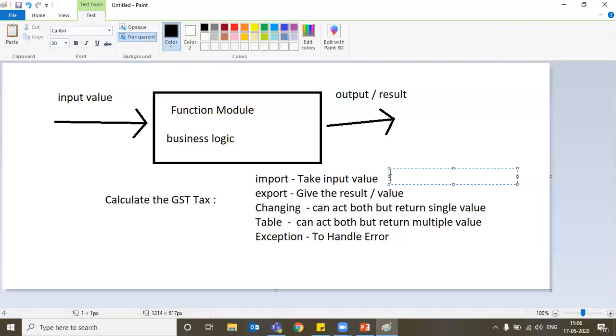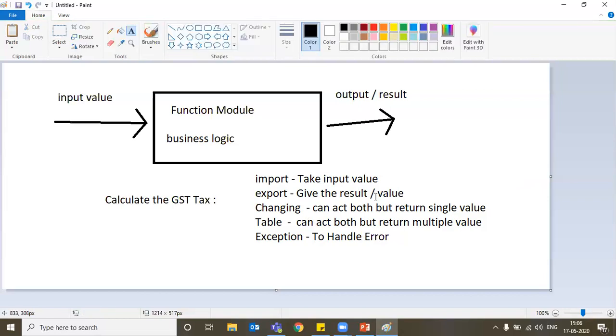There are three kinds of GST: IGST, CGST, and SGST. Based on that, you write the business logic inside this function module, and through an export parameter it will return the GST tax of the particular value. If you want such logic, you can write it in a function module and put it at different places. This is the basic requirement of function modules.